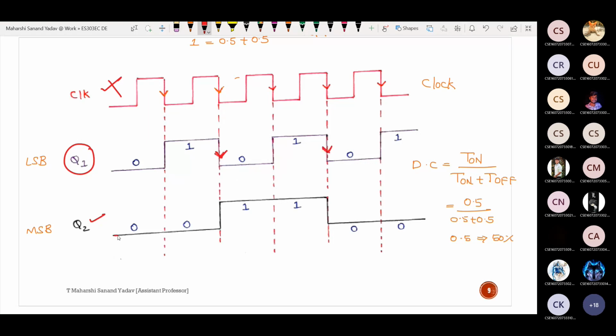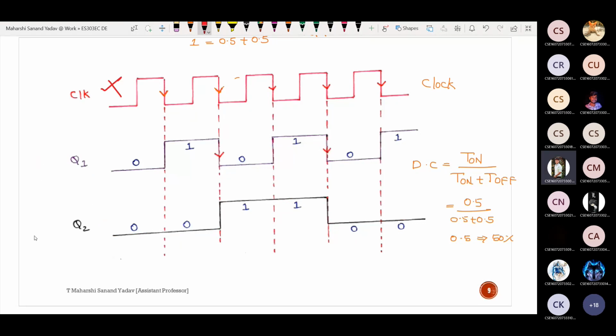Now again here also same story. Previously I'm assuming the value as 0. Whenever there is a negative edge trigger, this value changes from 0 to 1 and is constant until the next negative edge trigger. Again when there is a negative edge trigger, it changes from 1 to 0. Now observe this waveform and tell me whether it is doing up counting or down counting.